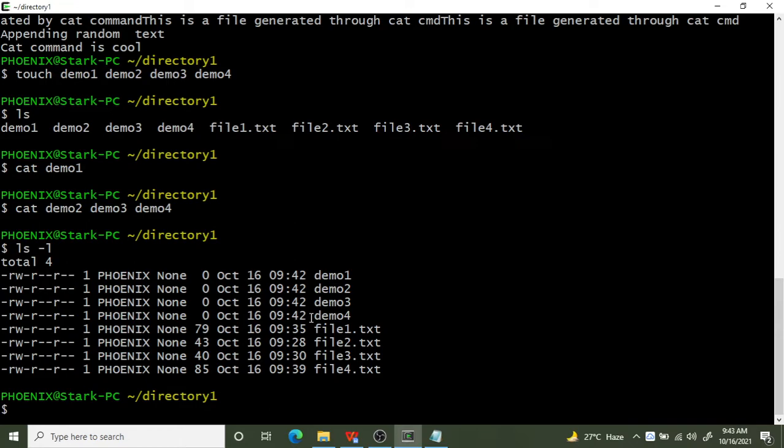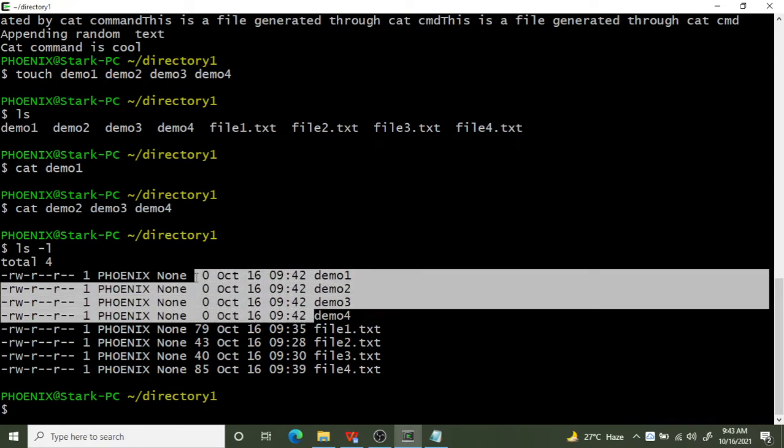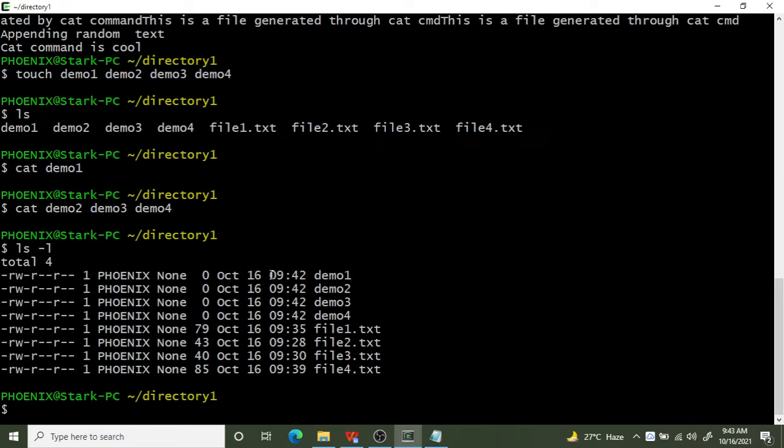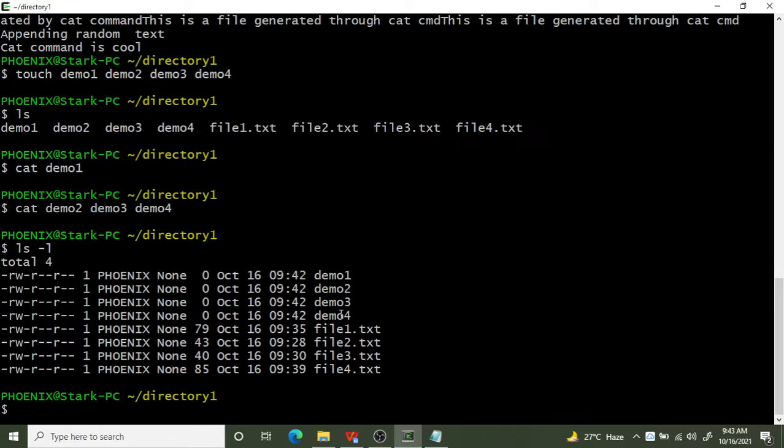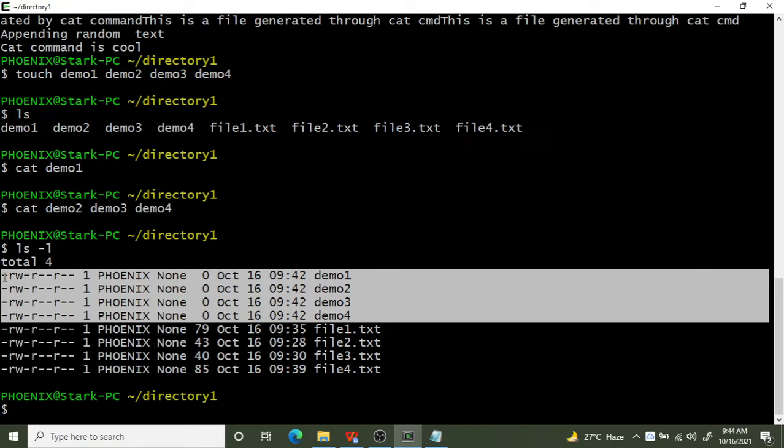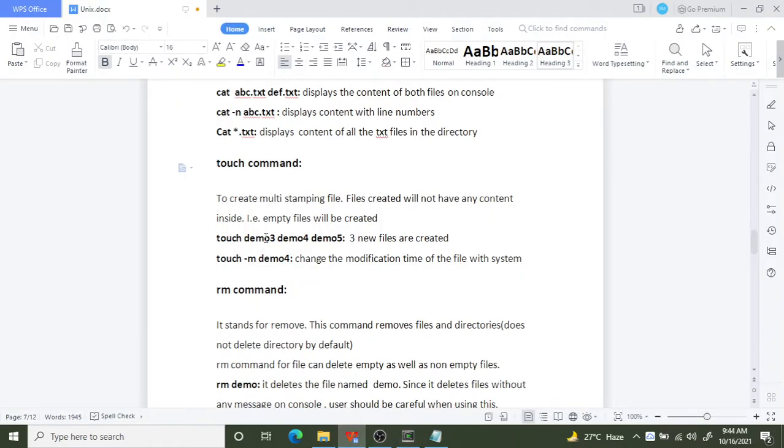Can you see the timestamp for them? The timestamp is the same, 9:42, October 16, 9:42. So with the same timestamp, we were able to create multiple files. There is one more option with this touch command.